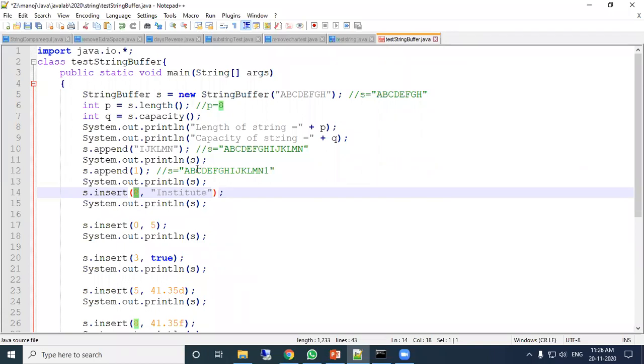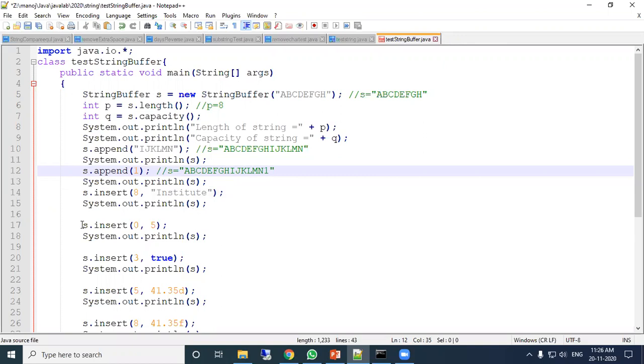What is the 8th position? After H. So after H, it will insert this. The output will be ABCDEFGH, then institute.